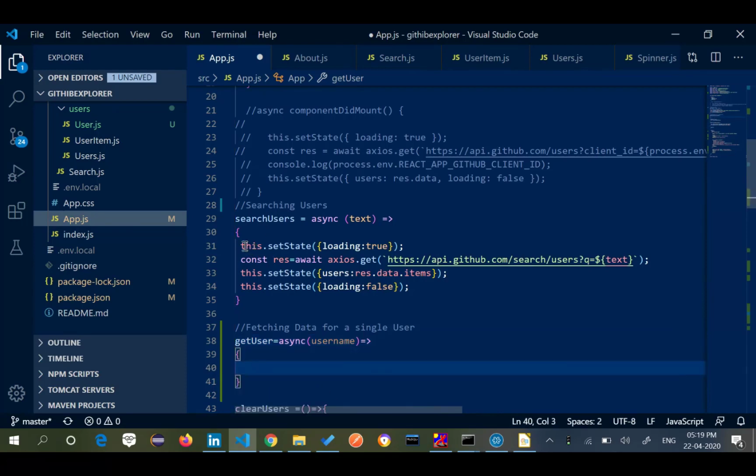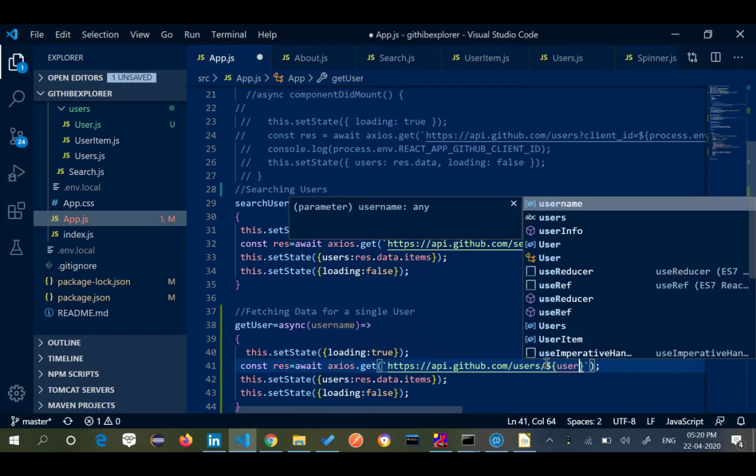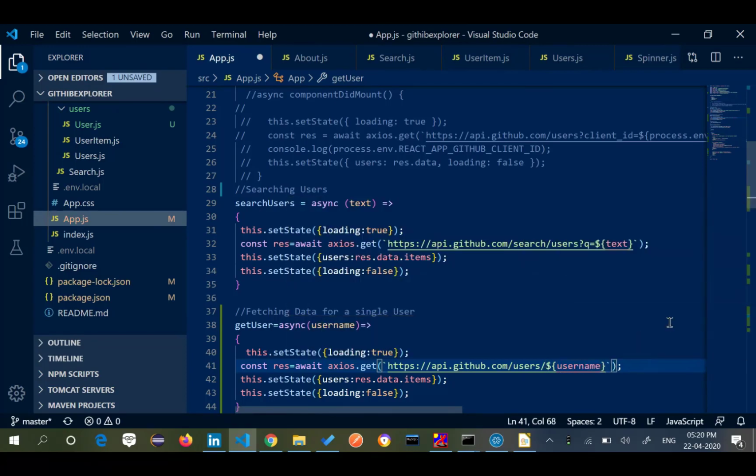I'm basically going to do the same thing, but this time I'm going to make some minor changes here. Let me copy paste this code first. Instead of users search, I will take this off and I'll say users slash username.